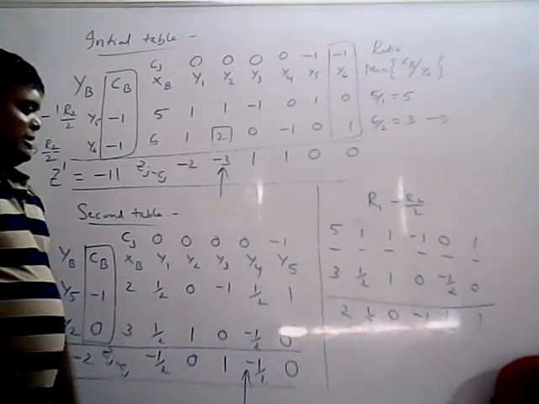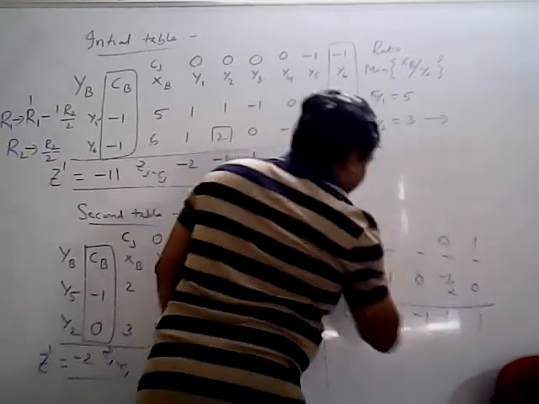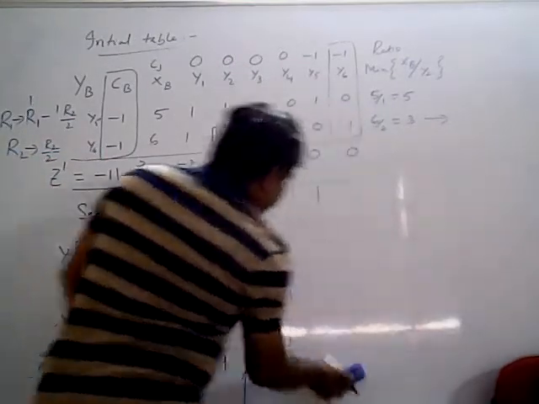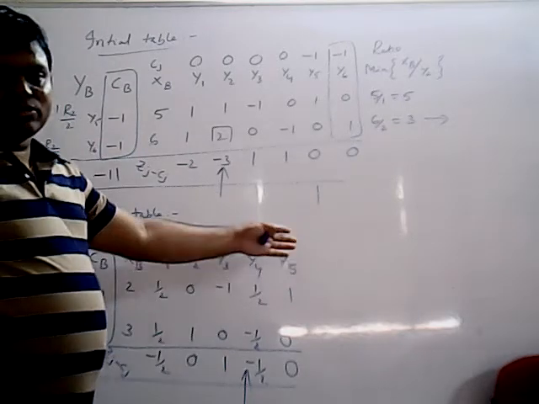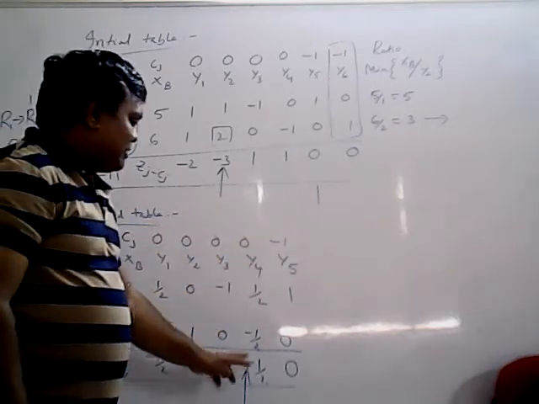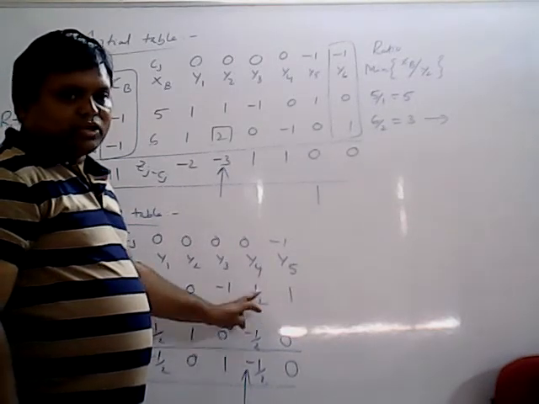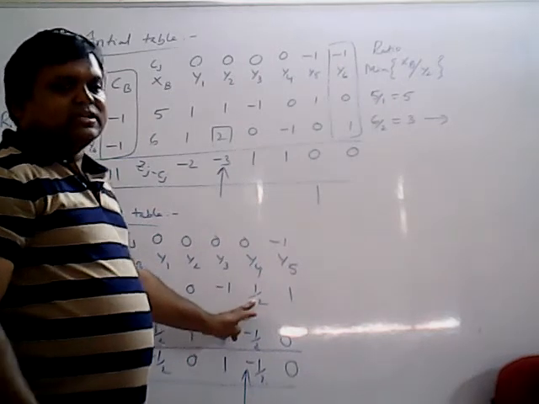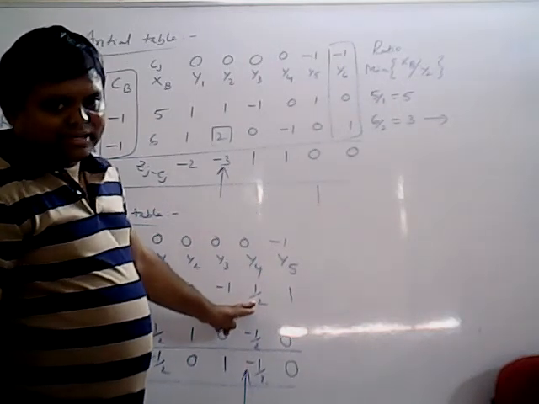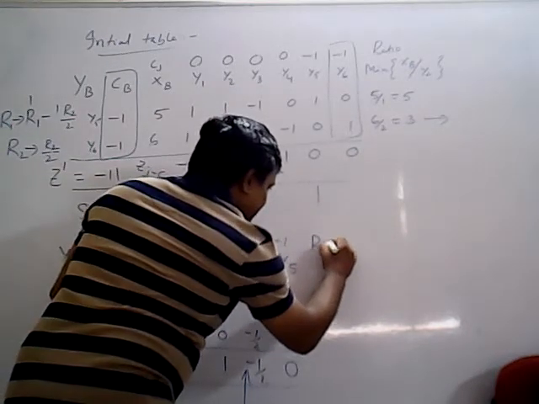Next you have to identify the deleting variable. If you observe here, the formula is not required. For the deleting variable, actually you have to calculate the ratio. But in your entering column, a negative number is there. You will not consider the ratio for it. Only positive numbers' ratios you have to consider. How many positive values are there? Only one value is there. So ultimately that one deletes. You don't need to calculate the ratio. Otherwise, write the ratio formula as it is.